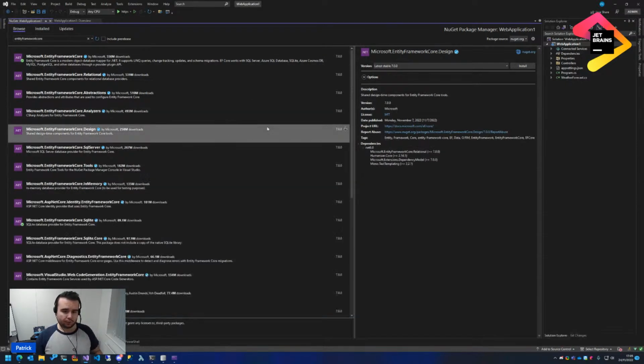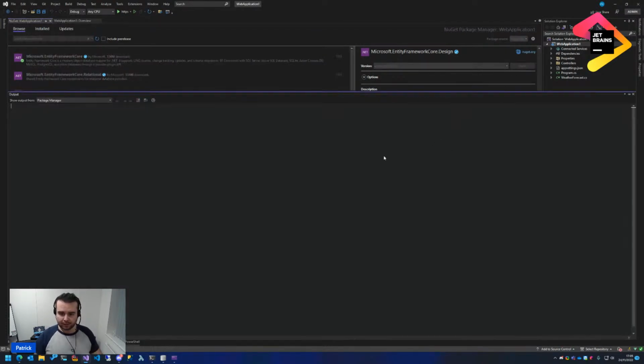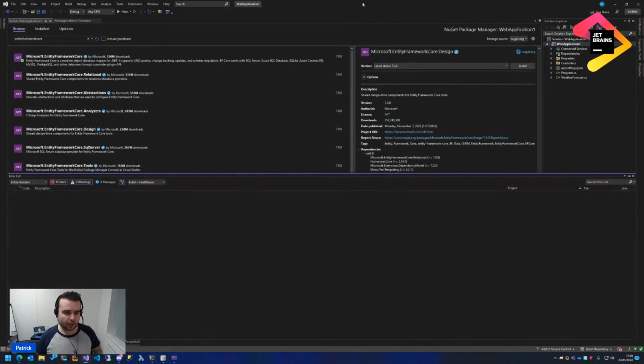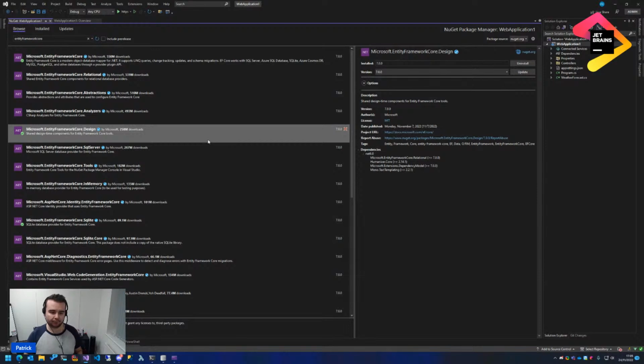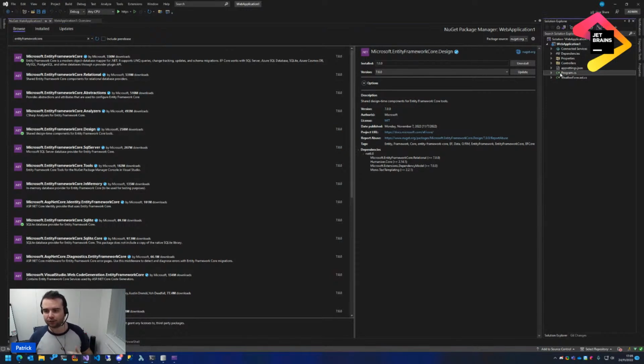And then we also want to install the design, which I'll get to in just a moment as to why I'm doing that. So I've got three main packages I've just installed here: Entity Framework Core, Entity Framework Core SQLite, and Entity Framework Design. These three packages are going to make up the core of my interactions with Entity Framework. So let's go to our program,